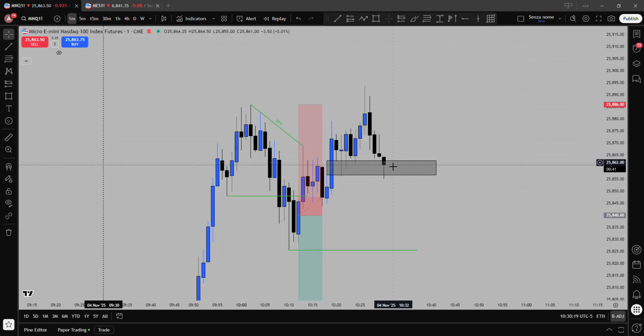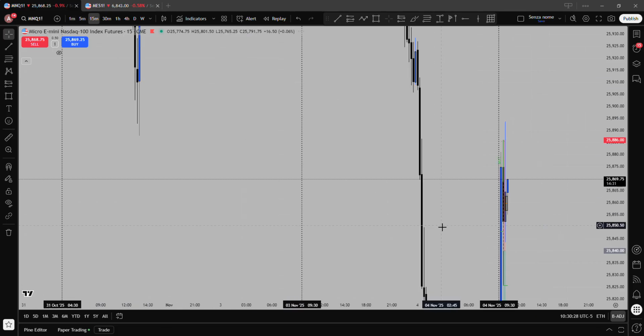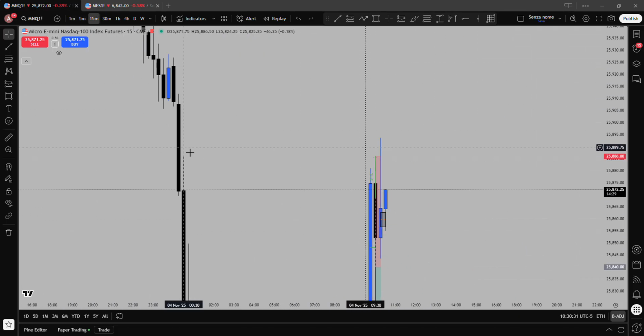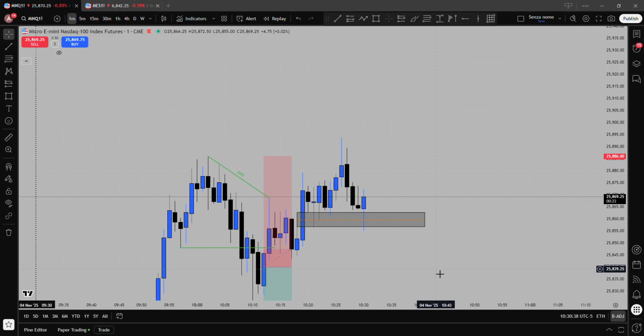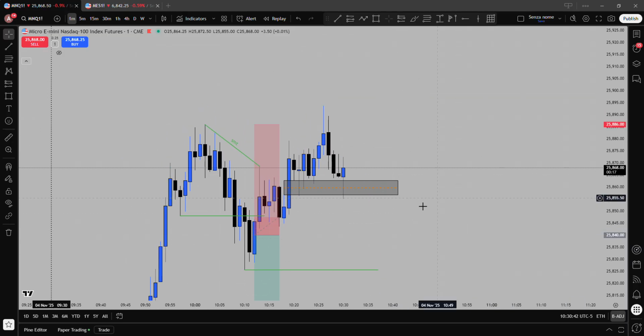So this fair value gap here is really annoying. It's holding really well, but also this fair value gap here in the 50-minute. Let me see, yeah, this fair value gap here is giving me a nice reaction. So I'm very happy to see that. Hopefully the price will not do some choppy stuff like here. It will maybe be clean. Maybe after value gap holding the